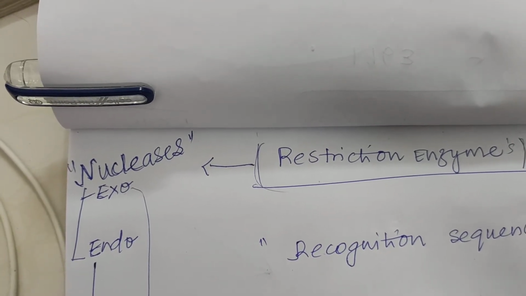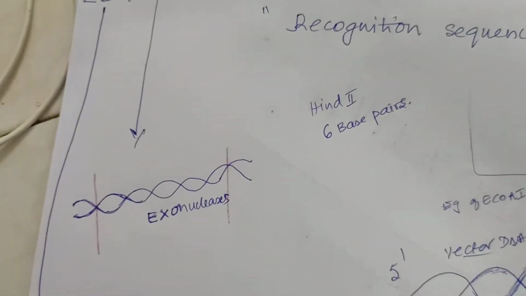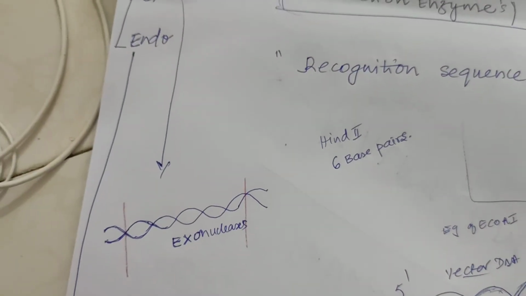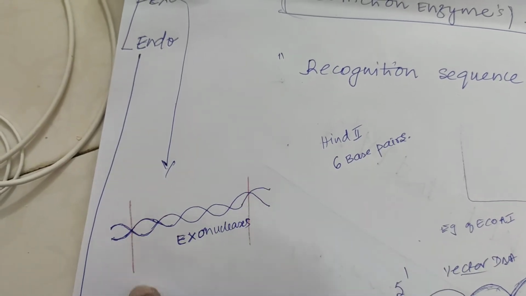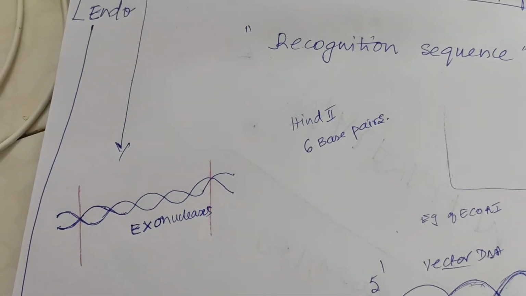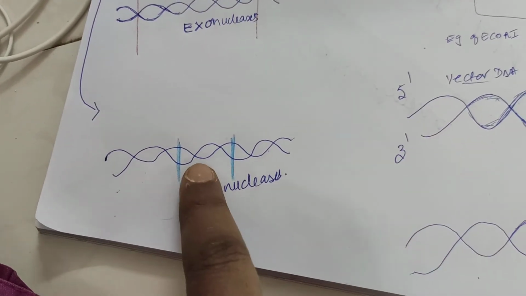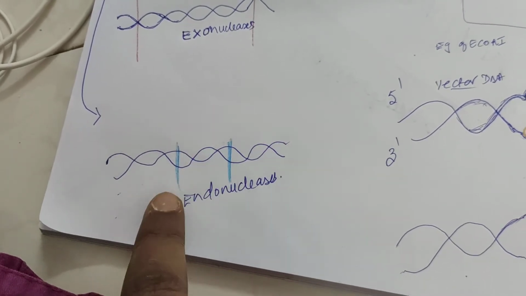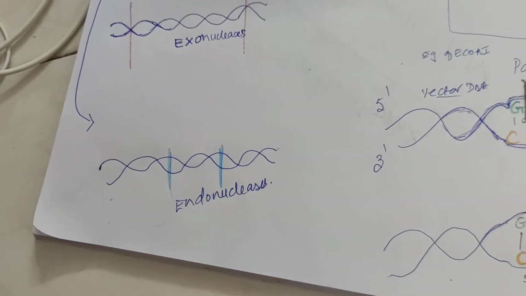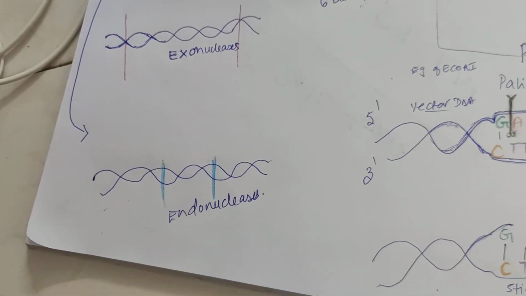What is exonuclease? Exonuclease is something that cuts at the ends of the DNA. You take, this is a DNA segment. Now it will be cutting the DNA at its ends. You saw these are the ends of the DNA. So cutting at the ends of the DNA, that is exonucleases. Endonucleases will be cutting the DNA sequence, that is the two strands of DNA, within the DNA, not at the ends. So restriction enzymes are usually endonucleases.